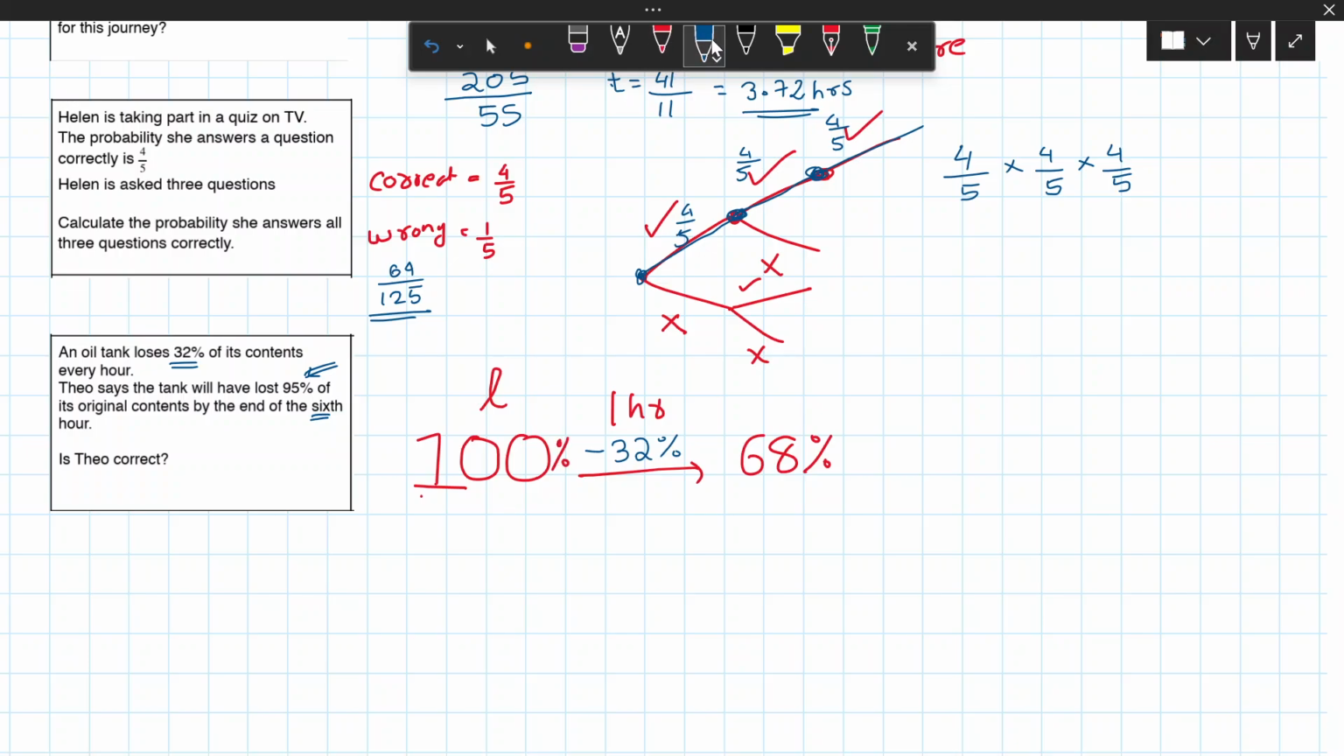It works only for the first hour, because from the second hour, you cannot subtract 32% because you don't have the 100% anymore. It was for the 100% that you're using the 32. You can't use the 32 on a 68. So what we should have done, whenever you're doing increase or decrease with percentages, if you remember, Year 7s,